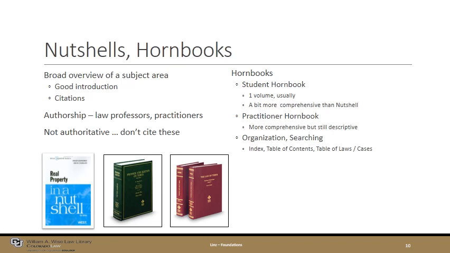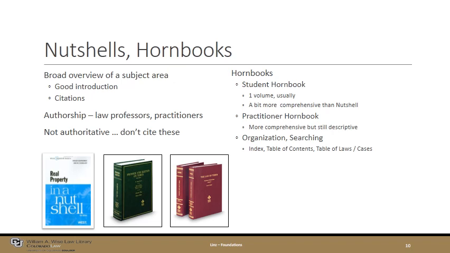It's a good resource. They're typically authored by law professors, but might also be authored by practitioners or legislators or judges. Despite that, though, they're not authoritative. You wouldn't cite what you found in a nutshell in a court document, for example. That would not be appropriate.